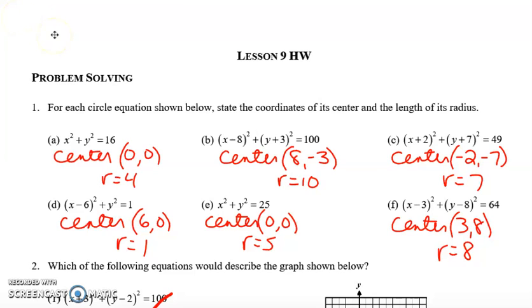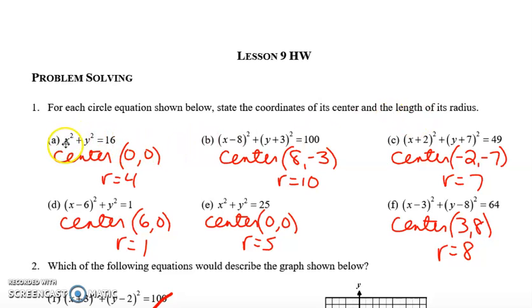So this is the lesson 9 homework answers that you should have done already. And we're learning about circles, so you should have watched the lesson 9 video on eMath instruction where Kirk was teaching us about circles. So we're looking at question 1. Each of these is an equation of a circle and they want us to state the coordinates and the length